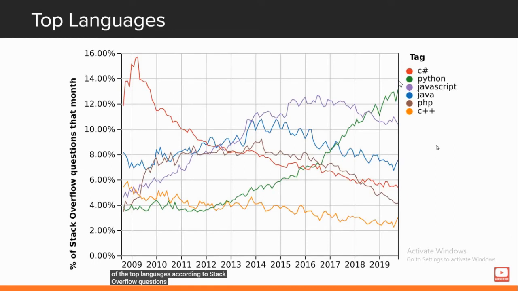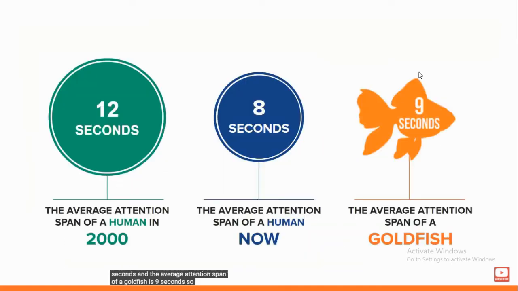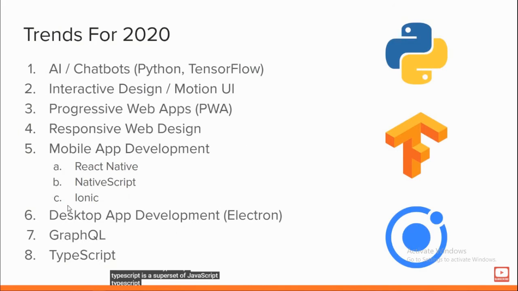There is a technology called React Native. React Native can be used to develop native mobile applications, and JavaScript can also be used in desktop applications. Let me show this one. We can create desktop applications using the Electron framework. Other than that, we also have NativeScript and Ionic, which can be used for mobile app development. So when we learn JavaScript, it will be really helpful. We can explore every other domain where JavaScript is used.